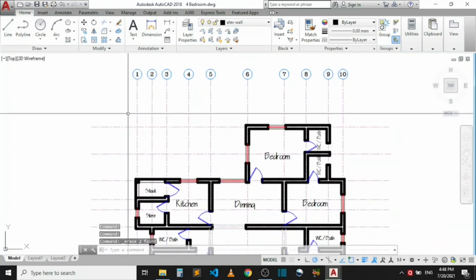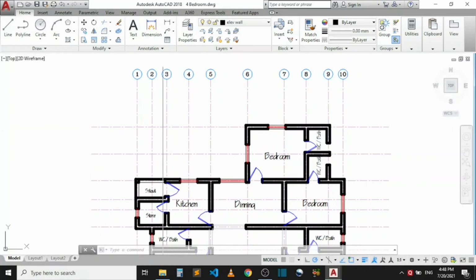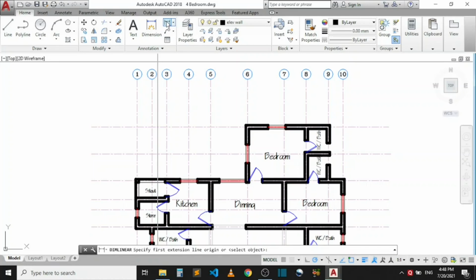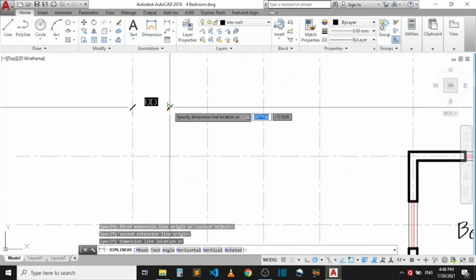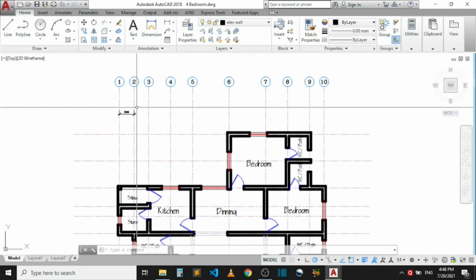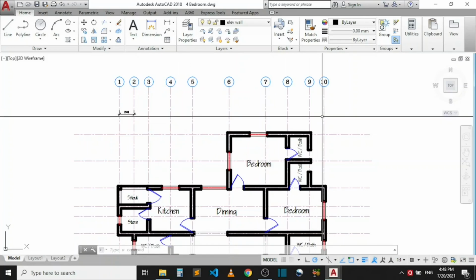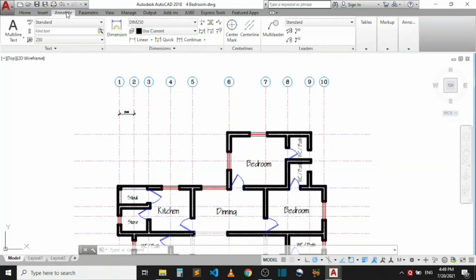So I want to show you how to create repeated dimensions in a situation where you have multiple dimensions like this. If you want to dimension, is the linear dimension I'm going to do here. So I'll click on the linear dimension first. I will do the first one, click the first point, click on the second point, then I'll place my command. Now to let AutoCAD give you the command to fill up these other dimensions right to the end, you come to this annotate tab. We have a tab here, annotate. Remember I told you the whole of this place here is what we call tab. Okay. Now I'll click on annotate.